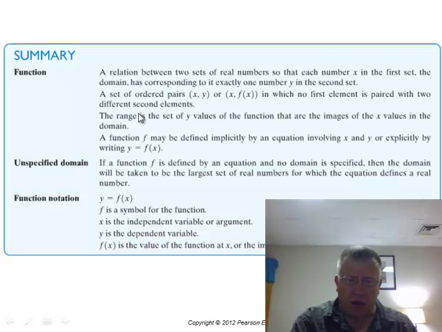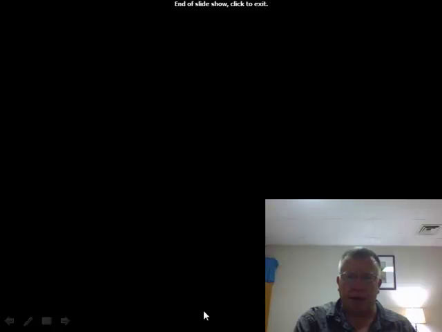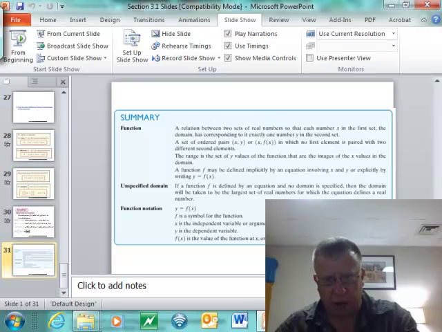So there's your functional notation. F is the name of your function. X is the independent variable, sometimes called the argument of the function. Y is the dependent variable because y's value depends on the value of x. F of x is the value of the function. It's the image of x. All right, so that's it for section 3.1,